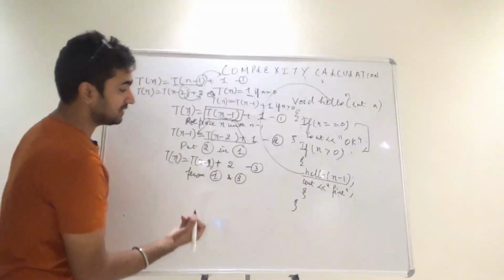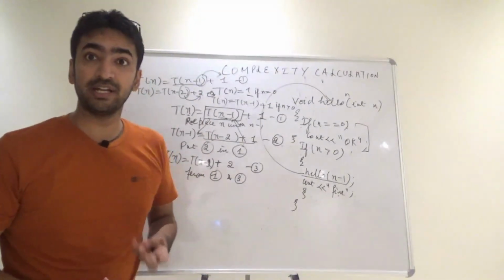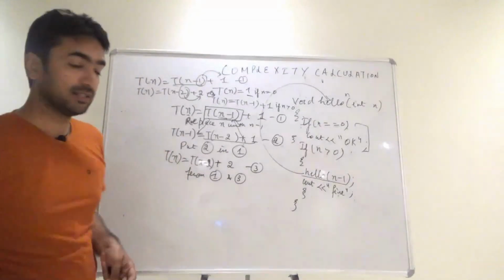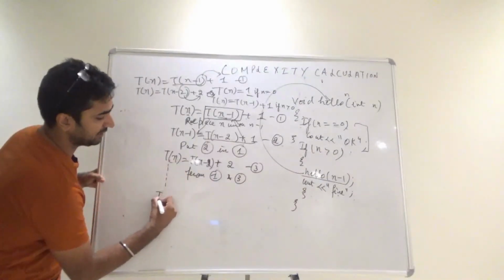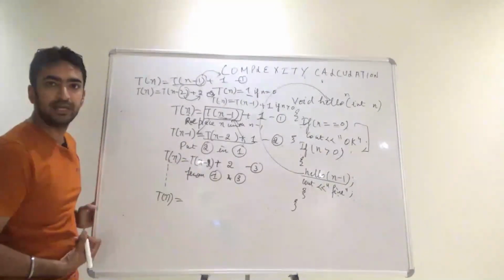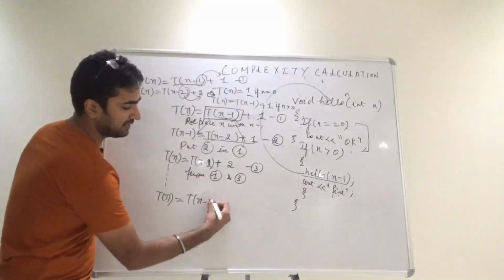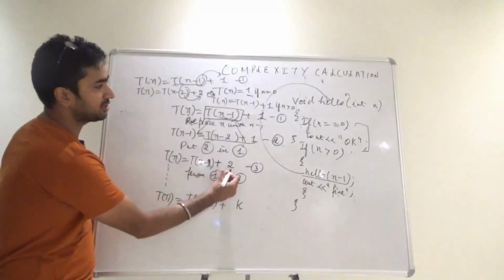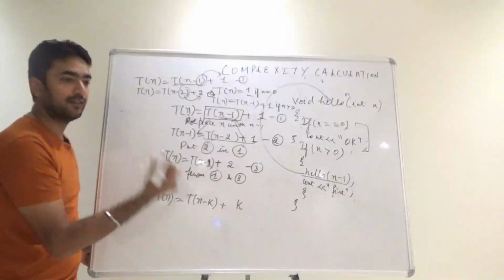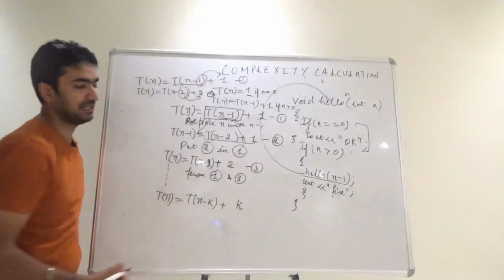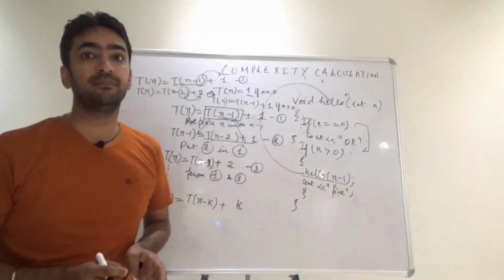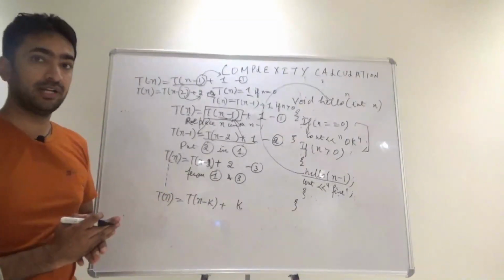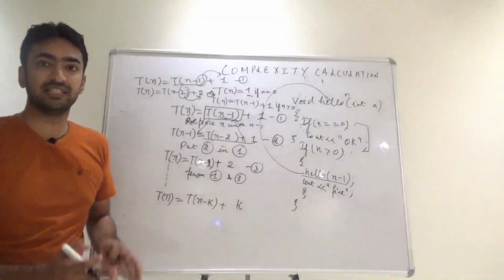So it means this is a recursion process. It can continue for k times. So how we are going to go about that? If it is running for k times, so I can clearly write T of n would be equal to T of n minus k plus k, because minus 2 plus 2, minus 1 plus 1, if it is running for k times, minus k plus k. That clearly tells us yes, it is running for k times, and importantly we have to somewhere finish this recursion.